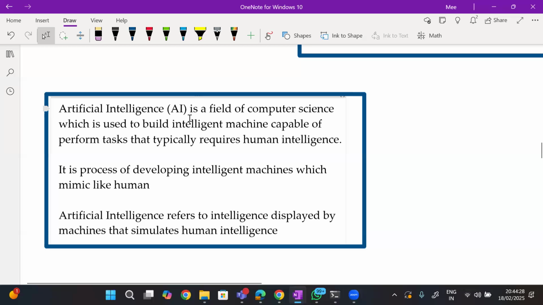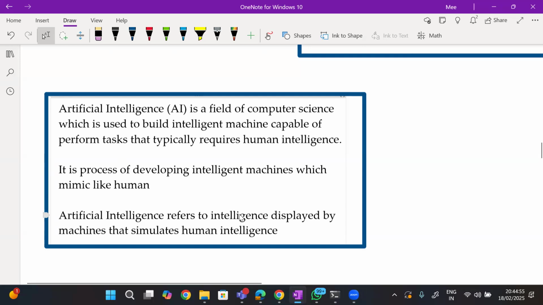Artificial intelligence is a field of computer science which is used to build intelligent machines capable of performing tasks that typically require human intelligence. It is a process of developing intelligent machines which mimic humans. This is one definition, and this is a third.